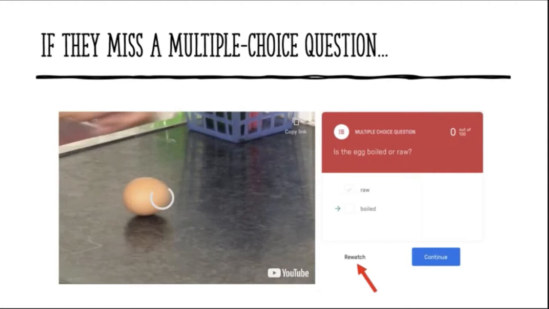And we want that. We want to embed some questions, some things, just like you would in class, like when you cold call people or kind of check for comprehension. You want to put that in so you're making sure they're getting the content and that they're understanding it, and sometimes learning that they need to rewatch because they thought they knew it, but they don't.